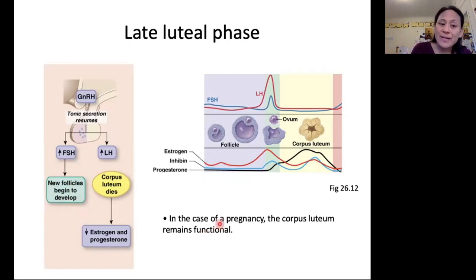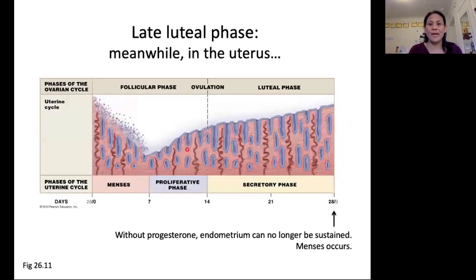In the case of a pregnancy, the corpus luteum does not die and a completely different series of events happen. We're going to talk about that later. But in this case, what we're considering is the case of no pregnancy. The other main effect of having the corpus luteum die off and losing those hormones, progesterone, estrogen, and inhibin, is that